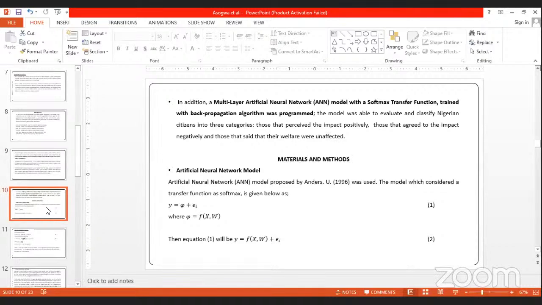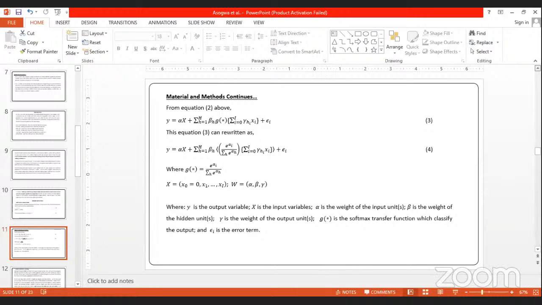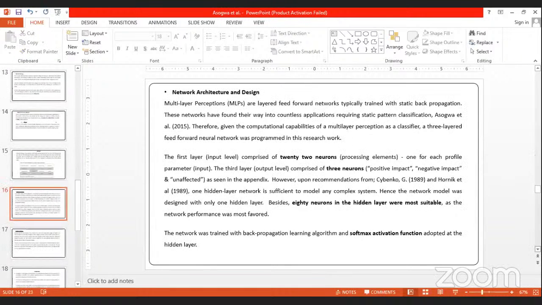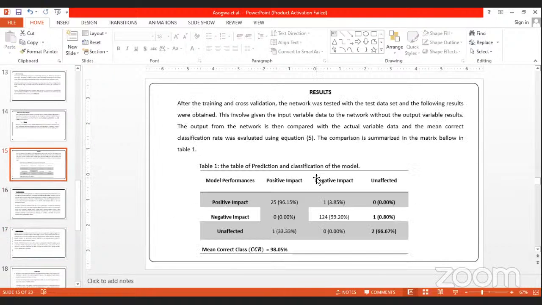All right, sir. We used a model proposed by ADAX 1998 to model that, and our result is this. In the result, we have this table which explains what we did. In this table, 25 out of 26 people were correctly classified, saying that COVID-19 affected the economy positively. Also, we have 124 out of 125 that say that COVID-19 affected the economy or the citizens negatively. And we have 2 out of 3 that say that COVID-19 did not